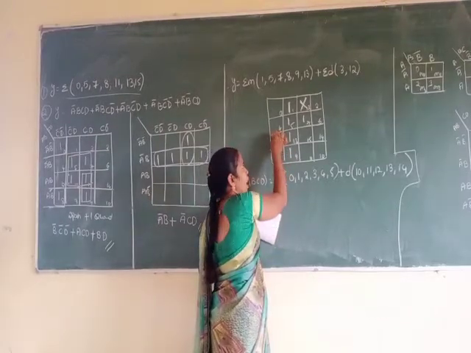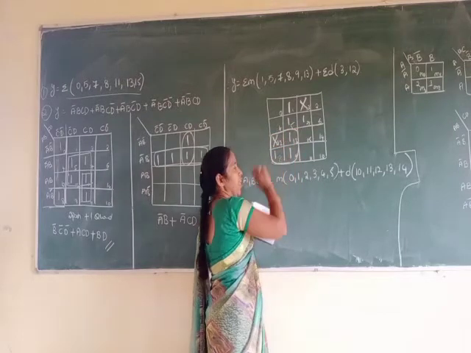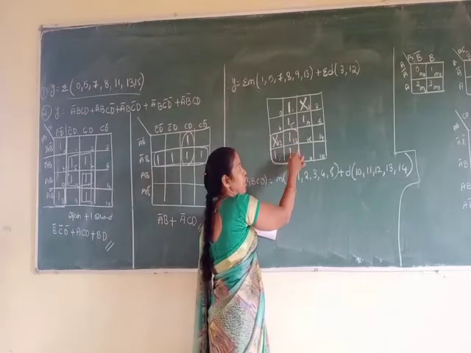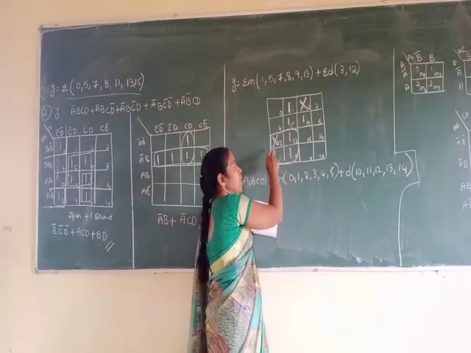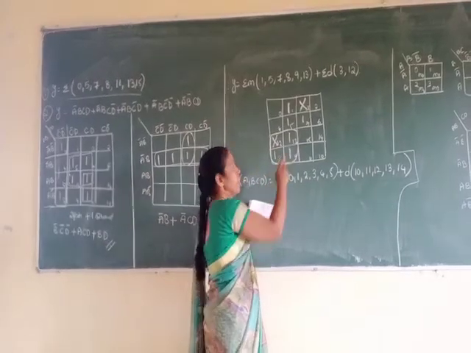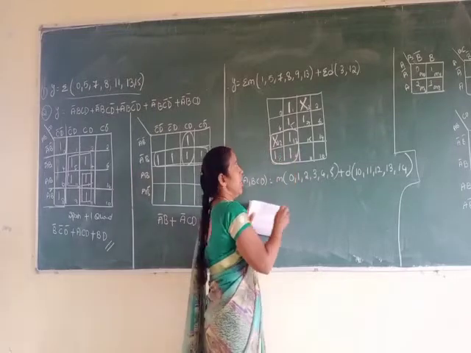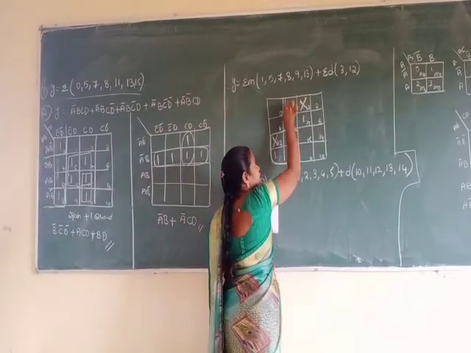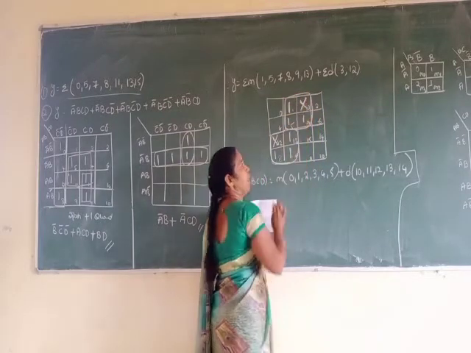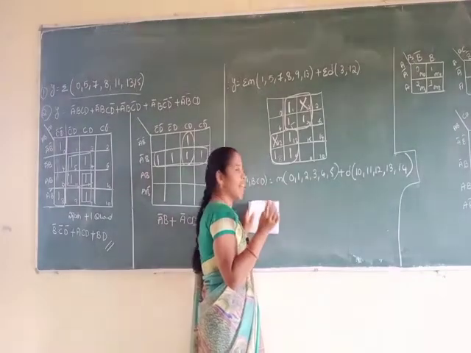If you are not including it, then it is not going to make any quad. You can make 2 pairs, like this and like this. So when you include this don't care condition, you get a quad here, with 3 ones and the X. And on this side also you can take 3 ones, including this don't care condition X. Then you get 1 more quad. So you can ask the question again.